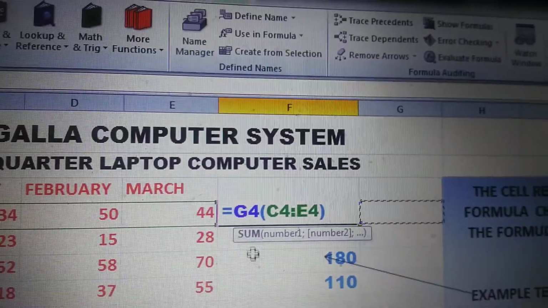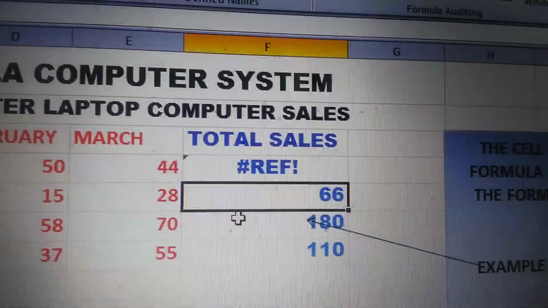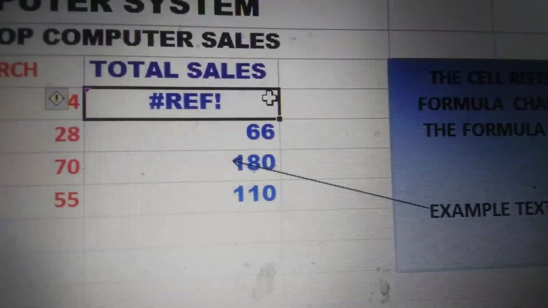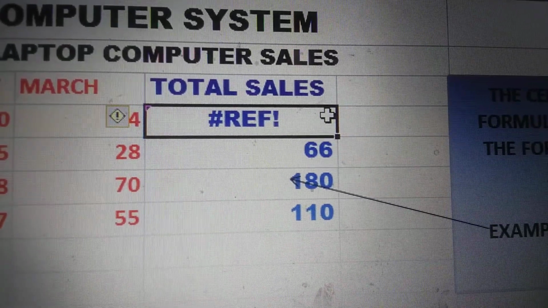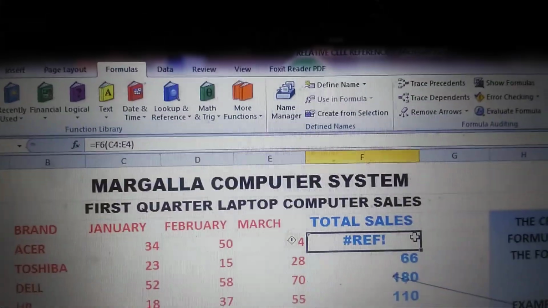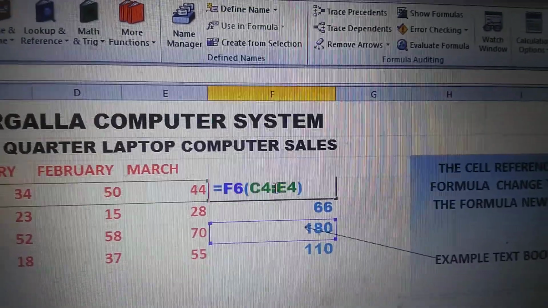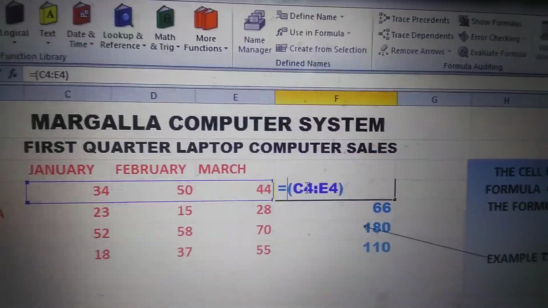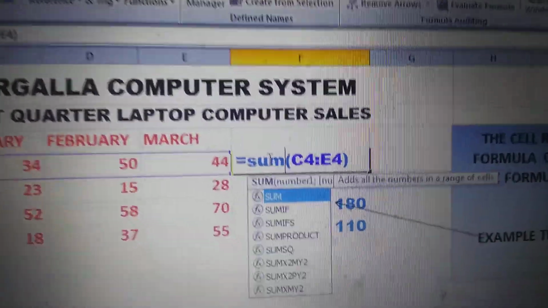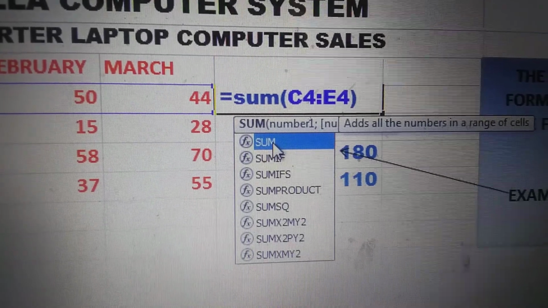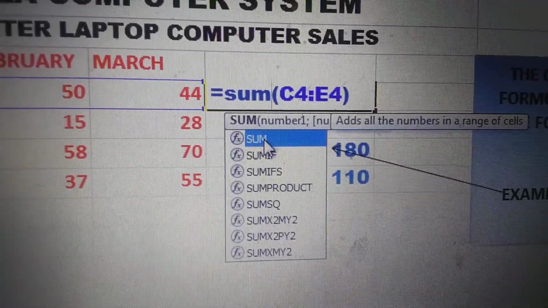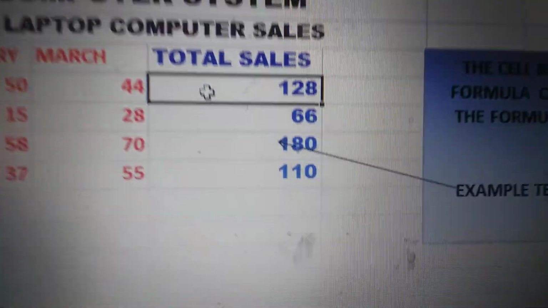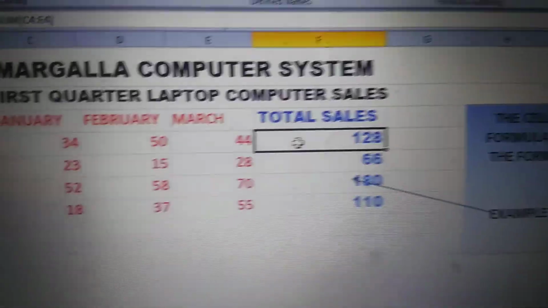Secondly, what I did, see, this is changed. Now the value will also change. See, the reference is changed. A REF reference error is showing because the reference of the cell has been changed. In order to make it correct, what will I do? I will simply remove this and I will add sum over here, and you can see there is a pop down menu. The formula of sum has been shown. Just click this, enter it. See, the 128 value is back. Okay, this is the first thing.